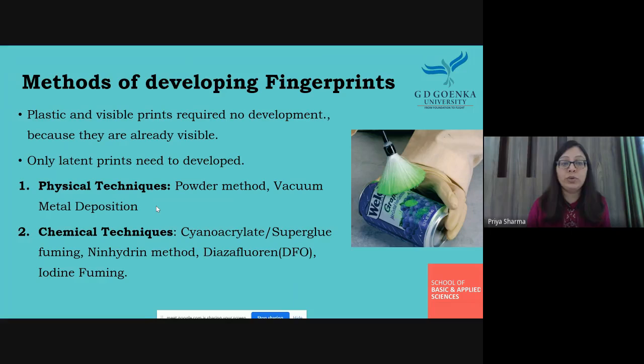Basically, I told you your fingerprint residue consists of various sweat residues, oily secretions, lipids, and salts. So we can use any kind of chemical treatment which will react with those fingerprints, and we can develop those fingerprints and further analyze them. The powder method, certain metal deposition methods, and certain fumes can be used which will react with the amino acids. The iodine fuming method is one of the most famous methods used to develop fingerprints on porous surfaces. So we have to decide what the nature of the surface is, and on the basis of that, we apply different developing techniques.